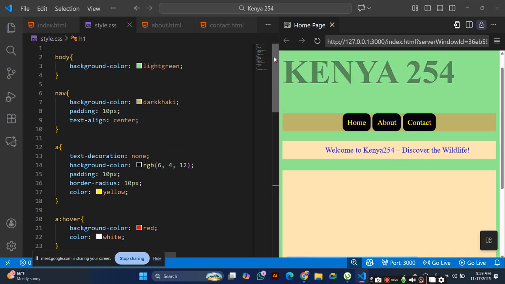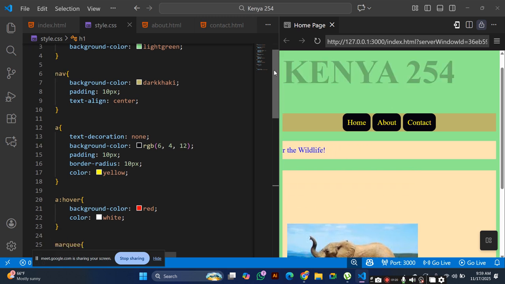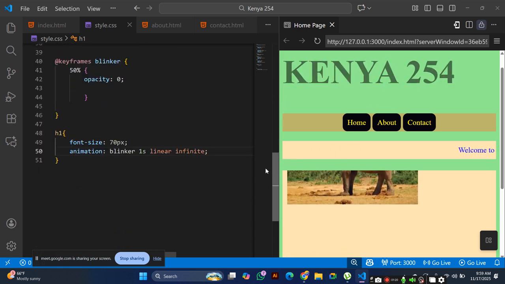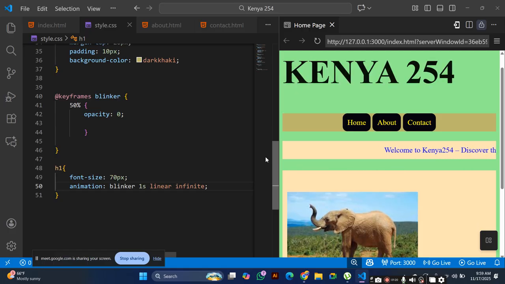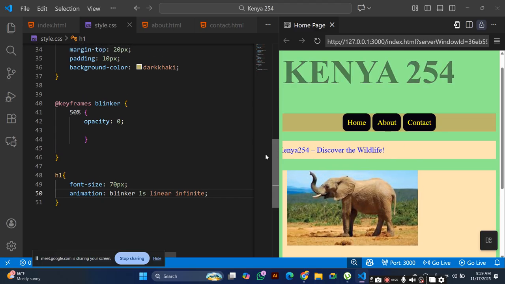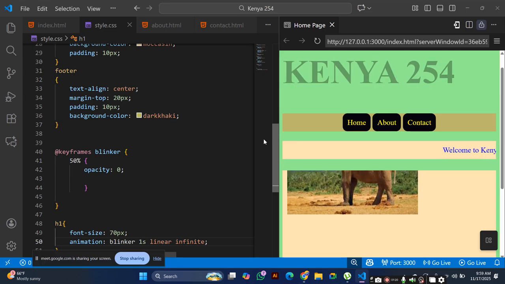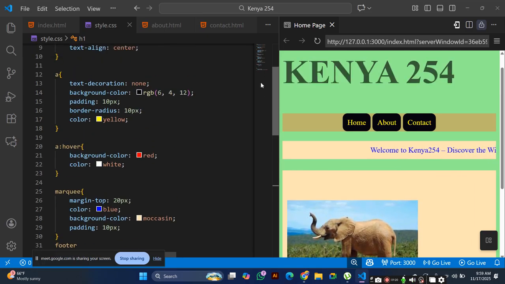If you want the nav to start blinking, let us go where the nav is. Where is the nav?